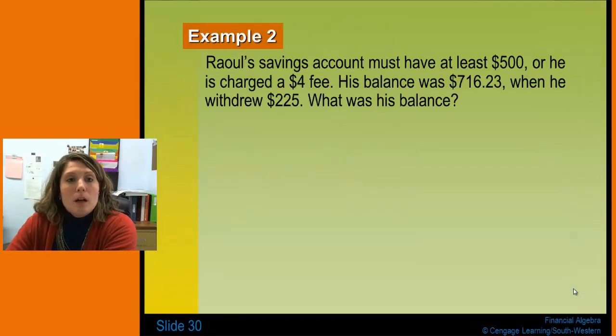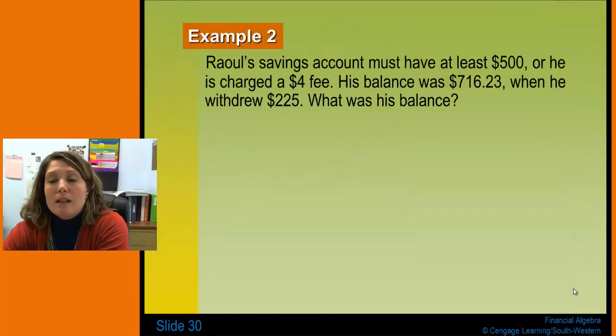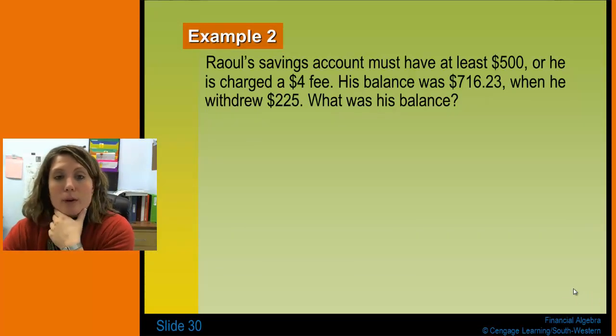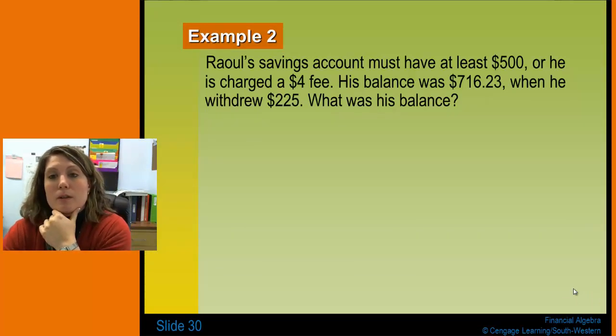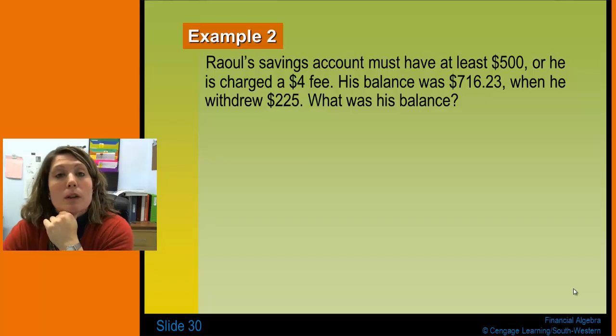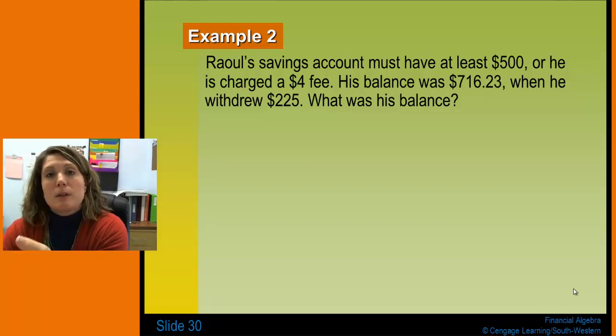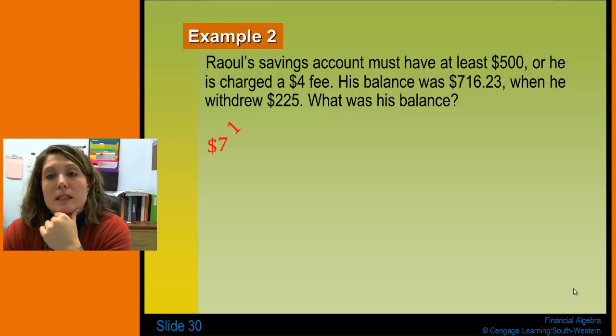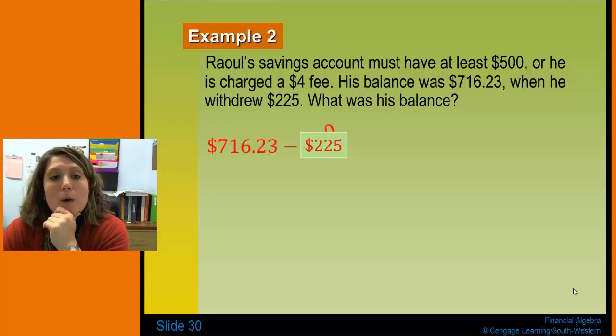Example 2. Raul's savings account must have at least $500 or he's charged a $4 fee. His balance was $716.23 when he withdrew $225. What was his balance? Well, the first thing we need to do is take his balance of $716.23 and take out the $225, which brings us to